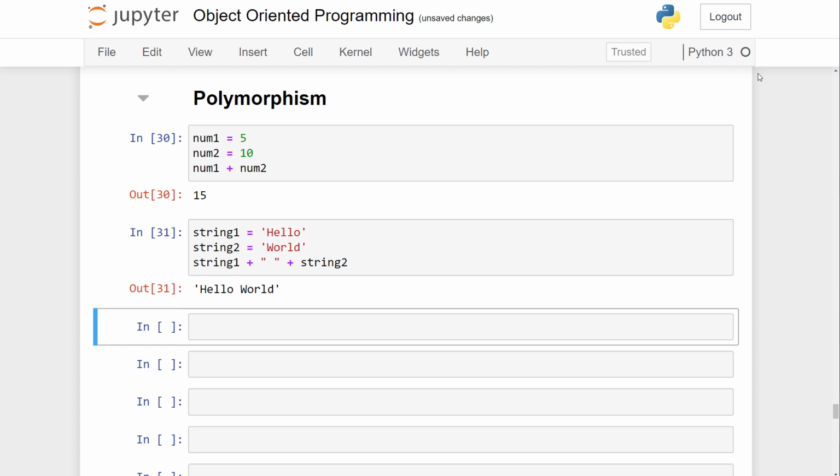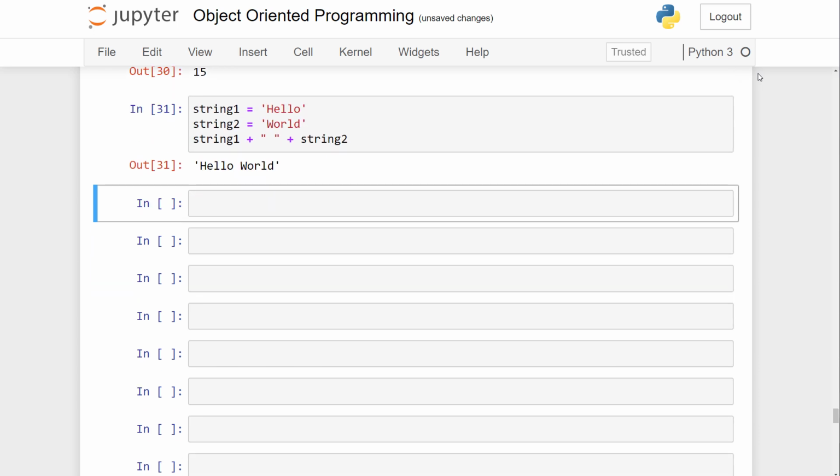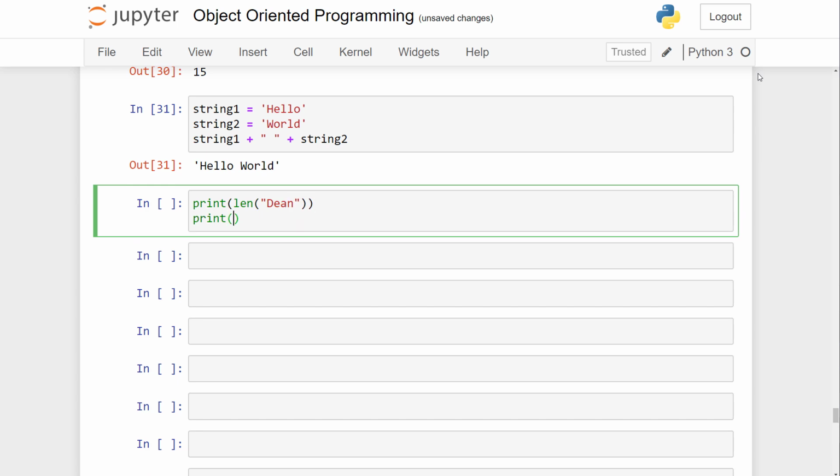So let's move on to a slightly different example where we use a built-in function. There are some functions in Python which are compatible to run with different data types. So you can use it with strings, you can use it with dictionaries, but the function itself will operate irrespective of the type you use. One example of this is the built-in len function. For example, if I print the len of the string Dean, and secondly print out the len of a list which contains the strings golf,